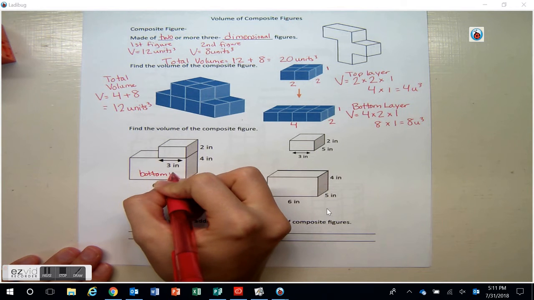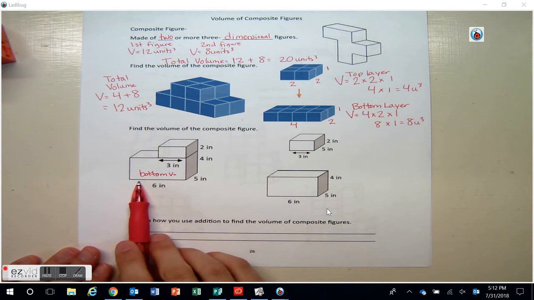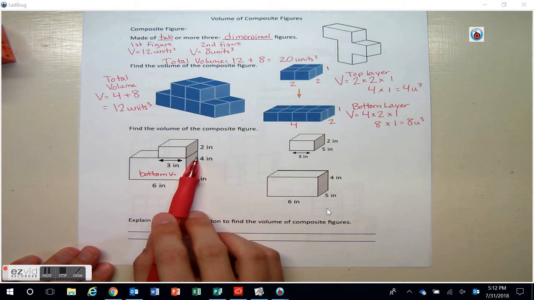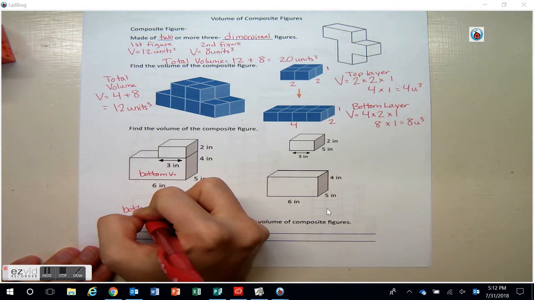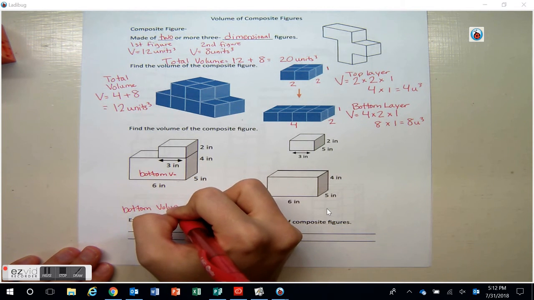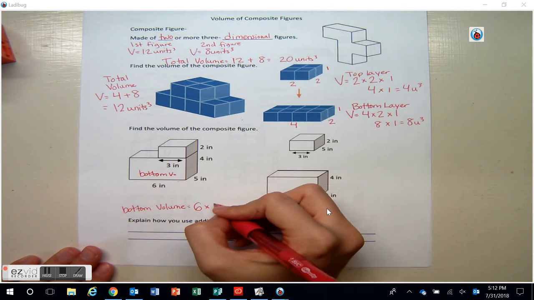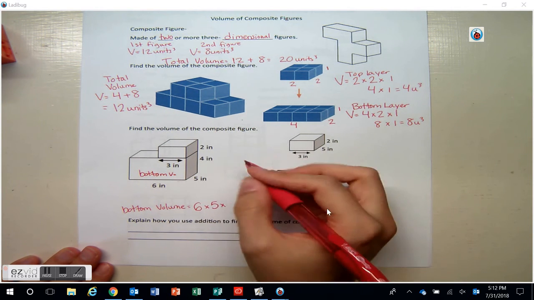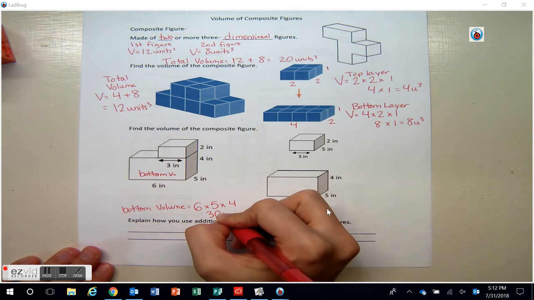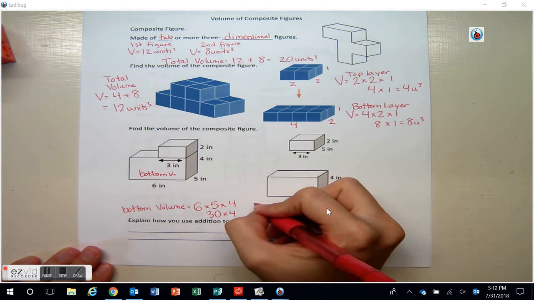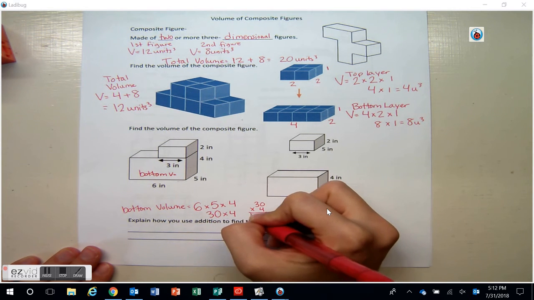Let's continue on. Find the volume of the composite figure. Here there's quite a lot of markings, so we'll need to be careful and make sure we use the right ones when we find the volume. First, let's go ahead and find the volume of this bottom right rectangular prism. And I see I have a length, a width, and a height. So I'm going to go ahead and write bottom volume,